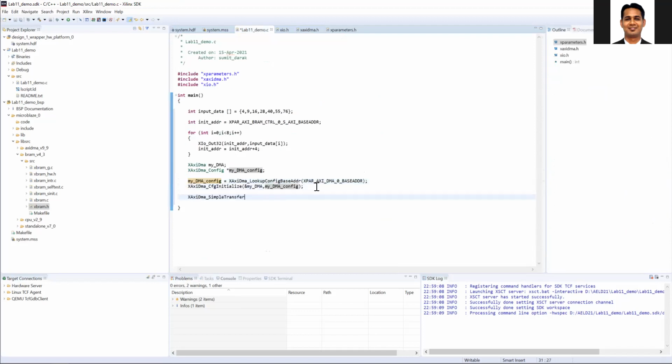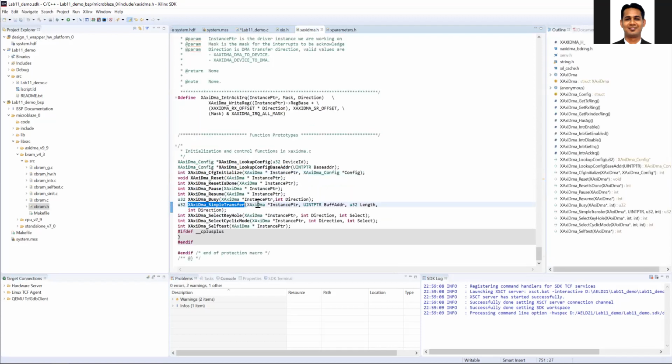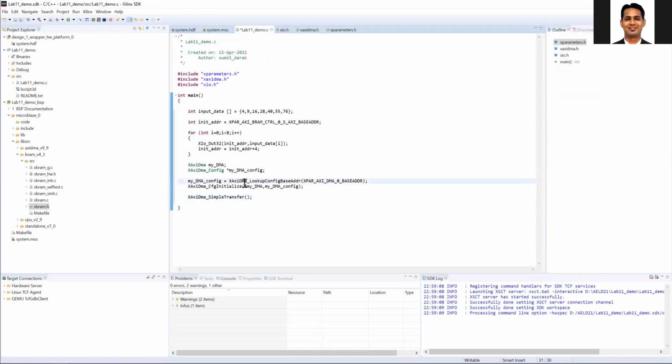So this simple transfer, what are the things that go into it? You can see that you have the DMA pointer, the source address, how much data, and the direction. What is my DMA pointer? That is this DMA. What is your source address? Let's say we are copying the data from the block RAM to the IP.